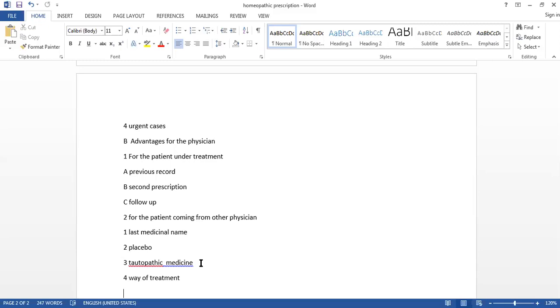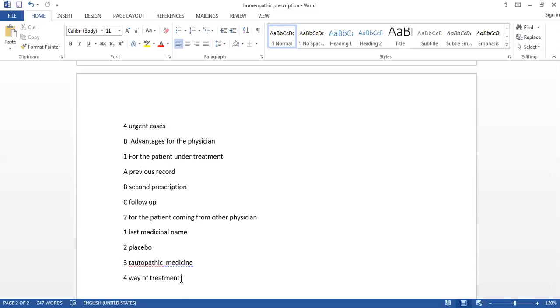The next is the previous prescription, or the prescriptions, which helps the physician to know about the way of treatment, whether it is a single medicine or polypharmacy. अगर वो होम्योपैथ से ही आया है सो उसने कुछ बायोकेमिक कॉम्बिनेशंस लिए हैं या सिंगल मेडिसिन ली है, ये सब आप उसमें देख सकते हो. अगर वो पॉलीफार्मेसी अगर उसमें की है सो यू अगेन यू हैव टू गिव द प्लासिबो. सिंगल मेडिसिन अगर दी है एंड द एक्शन ऑफ दैट मेडिसिन इज वेरी लेस, सो यू कैन स्टार्ट योर ट्रीटमेंट.